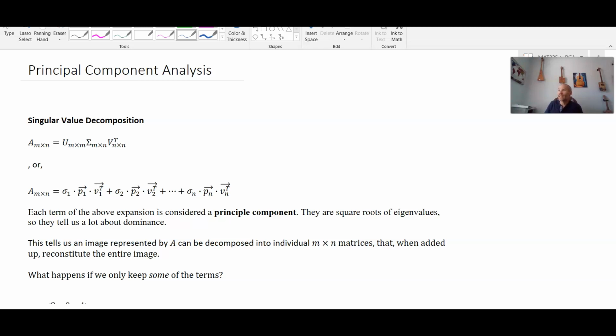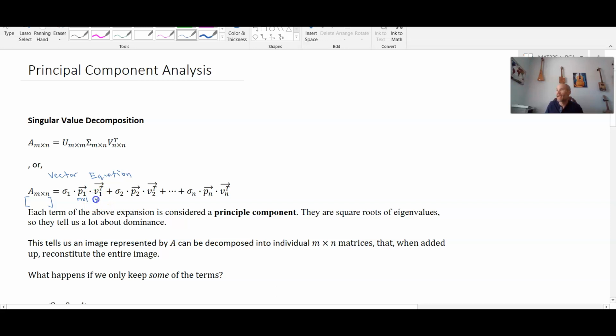Now we've also written it in the vector equation form, which does the exact same thing, but allows me to break apart the A matrix into individual terms. So here we have some A matrix that we're trying to represent. And when we multiply these vectors, recall that this is a product of an m by 1 vector P by